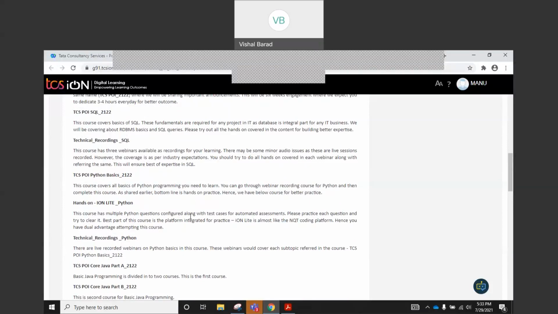70% of the time you should be doing hands-on. And the best way is just open any recording. Along with that recording, keep practicing, right? Because when the faculty is doing something hands-on in the recording, what happens next is in front of you. So if you commit any mistake, from the recording itself, you can find out what is going wrong and you can continue. That is the best way of learning.